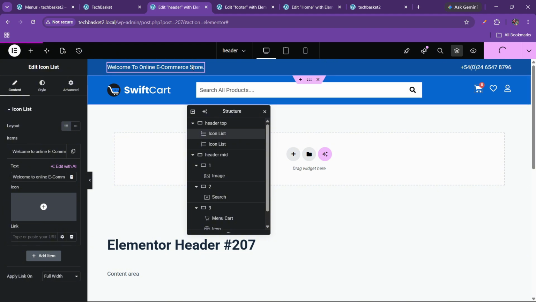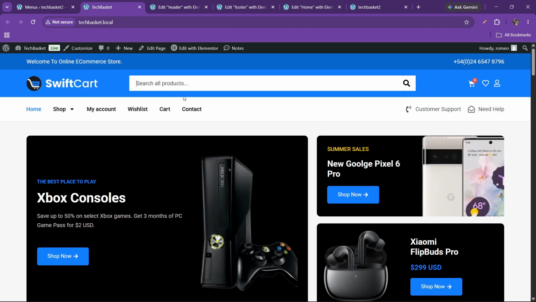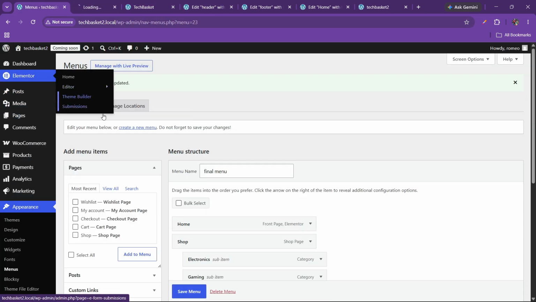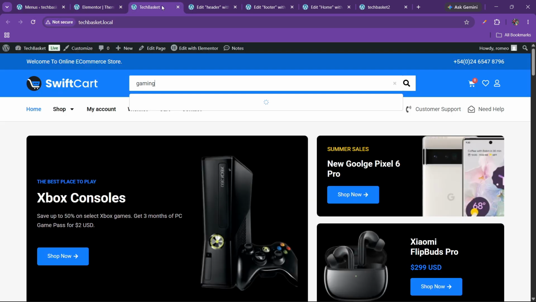Okay, e-commerce store. Okay, now you can see we have here live search. Okay, right, so let's see how to add this live search. So in the live search you can see we have this type of layouts. Let me see why this is taking so much time. Okay, so leave this. So now we have to go to the Elementor theme builder again, and here we have to just